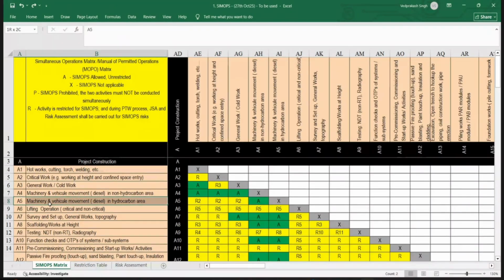Likewise, this is a critical activity, vehicle movement in the hydrocarbon area, because there is some possibility in the well